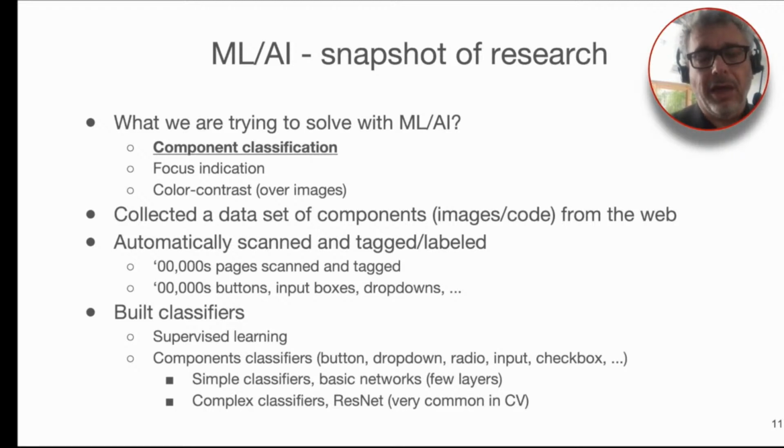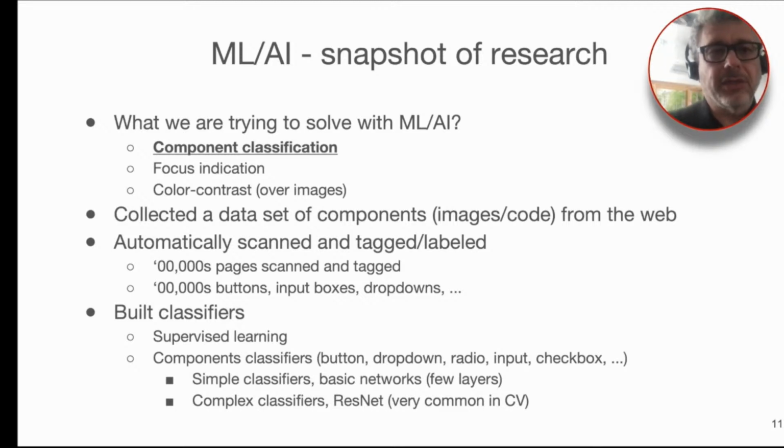So understanding what are the boundaries of the UI elements on the page, and then what are their attributes that describe their behavior, the same behavior that needs to be expressed also to assistive technology. We also use ML, AI, and computer vision to detect focus indication issues, which we'll talk about later, as well as color contrast.